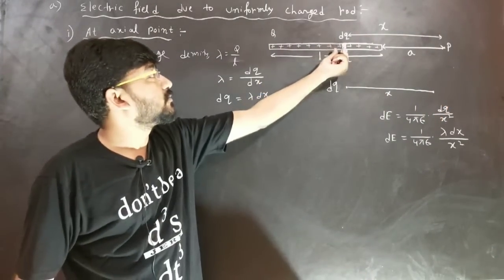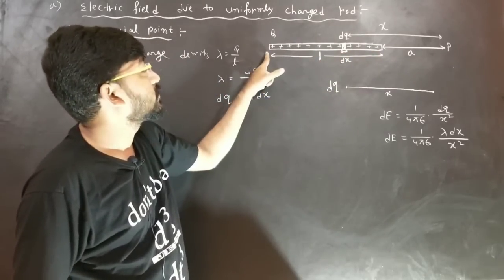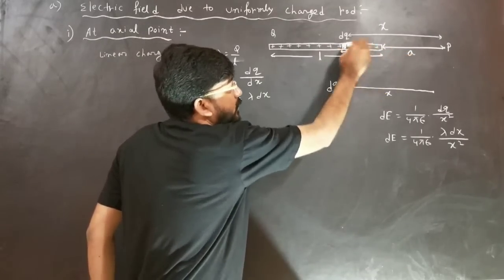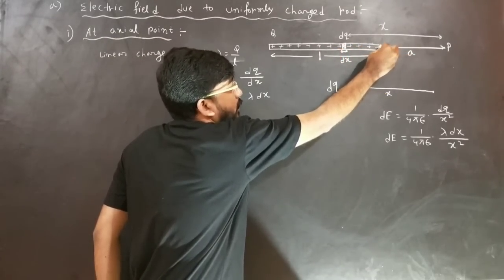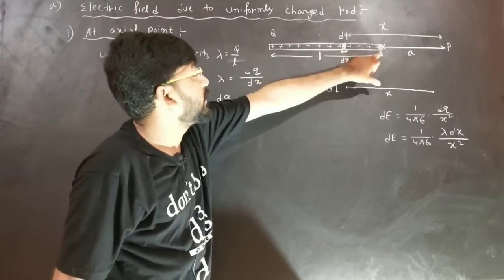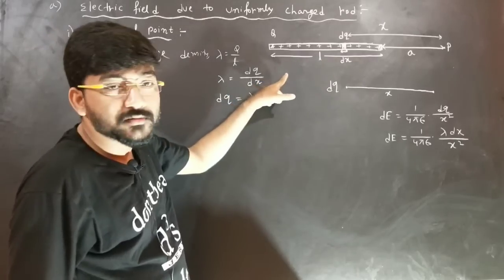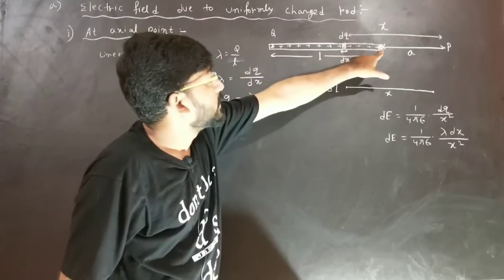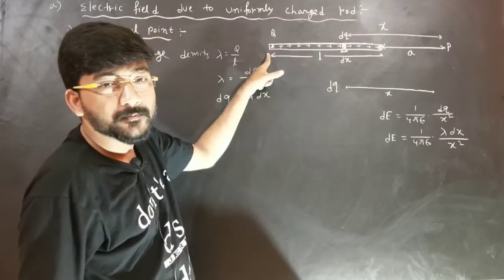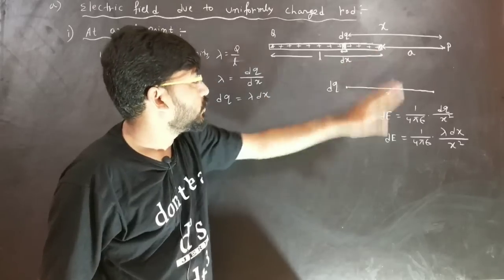this small element dq. Now if we move this dq from this point to this point, the dq will be nearest to point P when it is at this point, and the distance from P is a. But when dq will be at this far point, the distance from P will be a plus l. So when dq varies from here to here, the x will vary from a to a plus l. So to find out the total electric field at this point according to the superposition principle, we have to integrate this